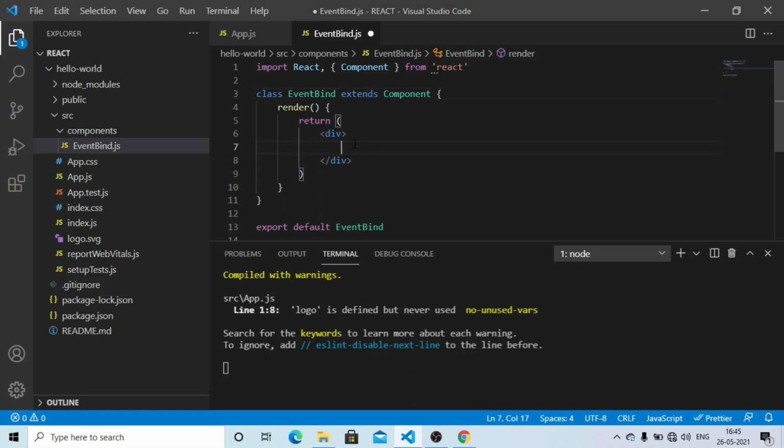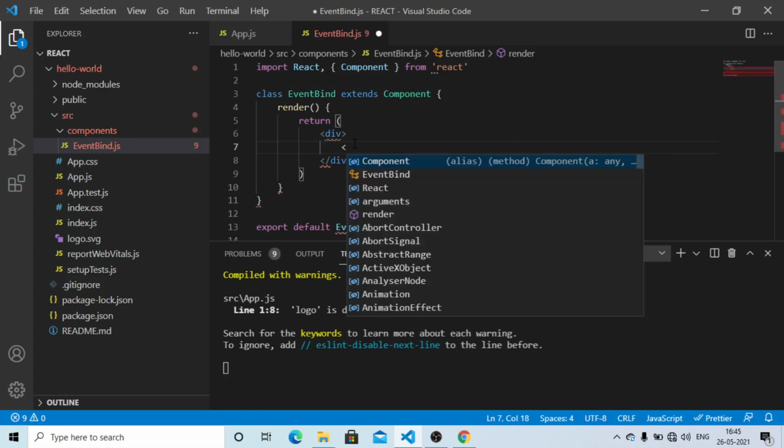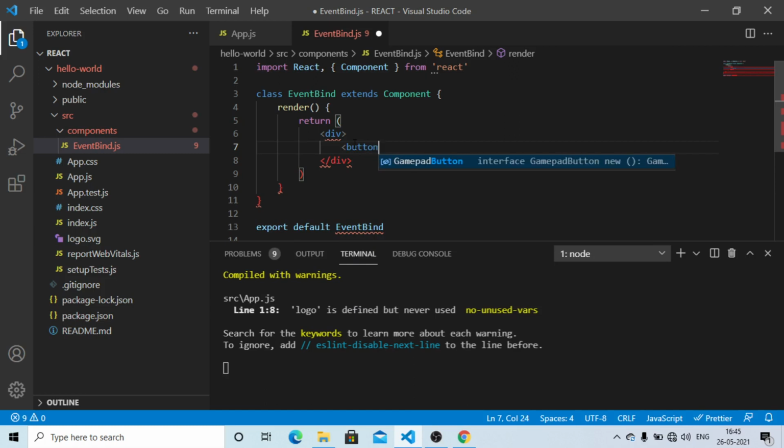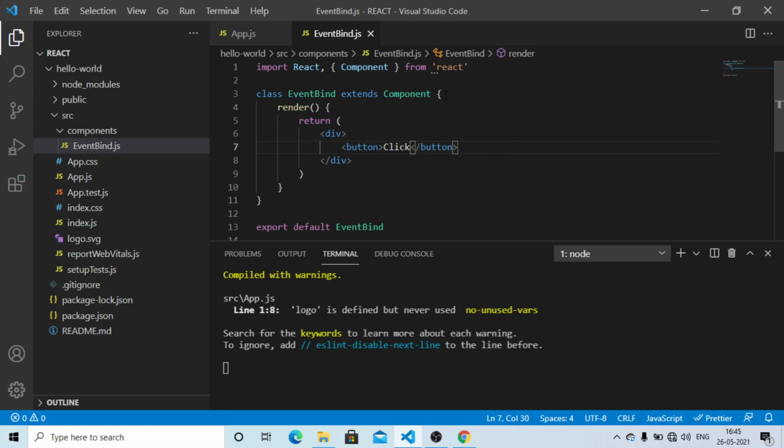So first of all, in the event bind JavaScript file we are going to create a button whose name will be click, and we save the file.